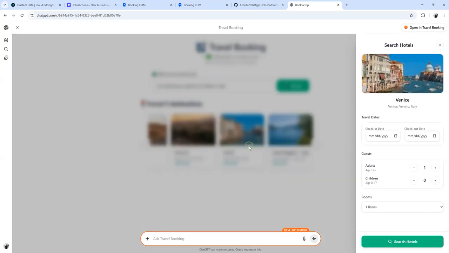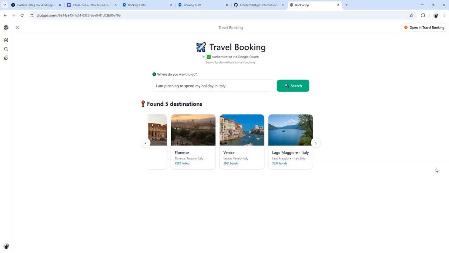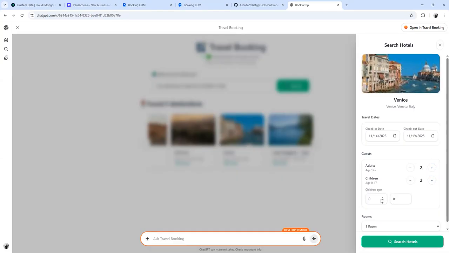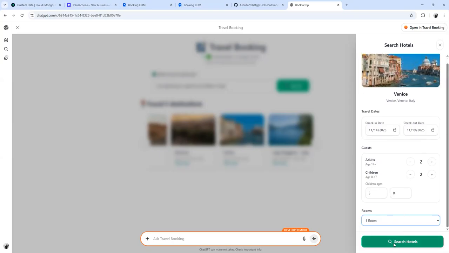Let's select the destination, then check-in, check-out dates, the number of adults and children, and let's search hotels.